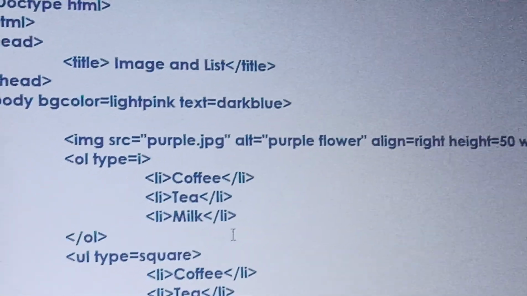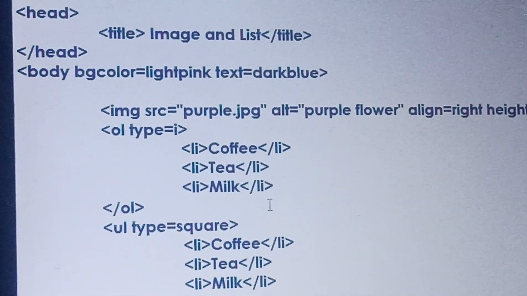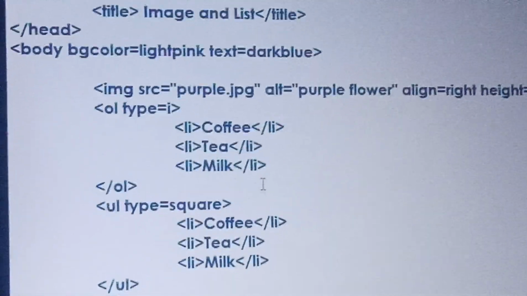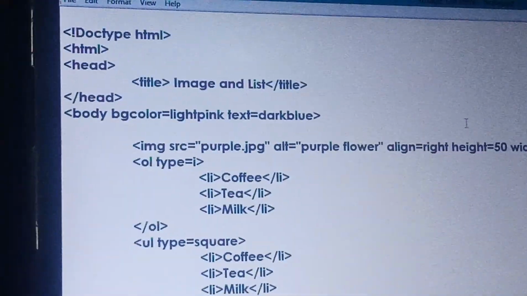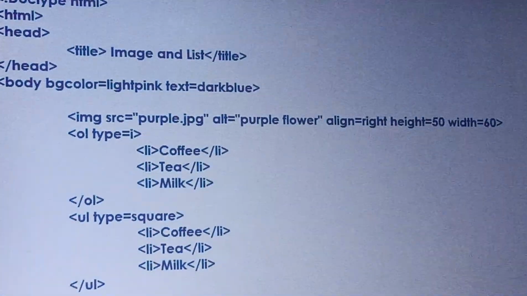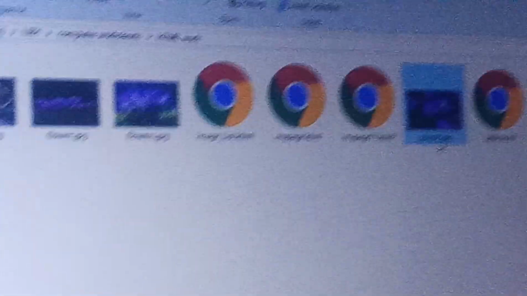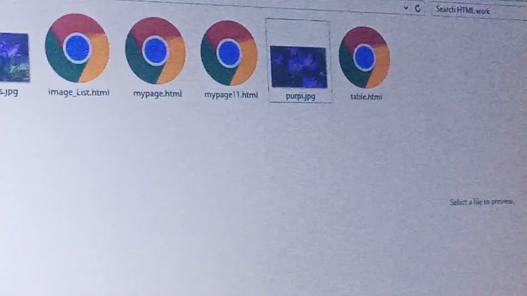Is it clear? Now what you have to do today is write this and see how your page works. In case of any doubt, you can message me. Now one more thing I want to tell you: go back to this folder, and let me change the name of this file. Instead of this, I have written this. Now let me see how my page will behave. Now it will not find that file purple.jpg. Can you see, instead of that it shows the text purple flower, since the image is not there right now.